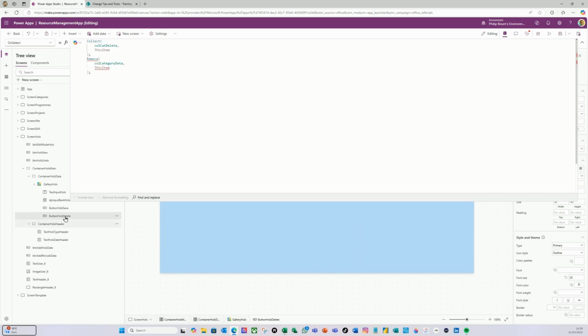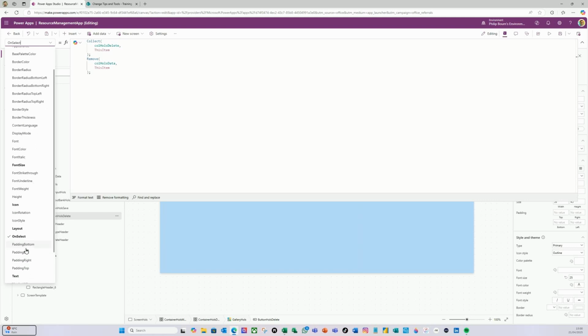So let's go back to the holes delete, and there I'm just going to change that to create a collection called col holes delete, and then I'm going to also remove it from the collection. Go back to the visible property,